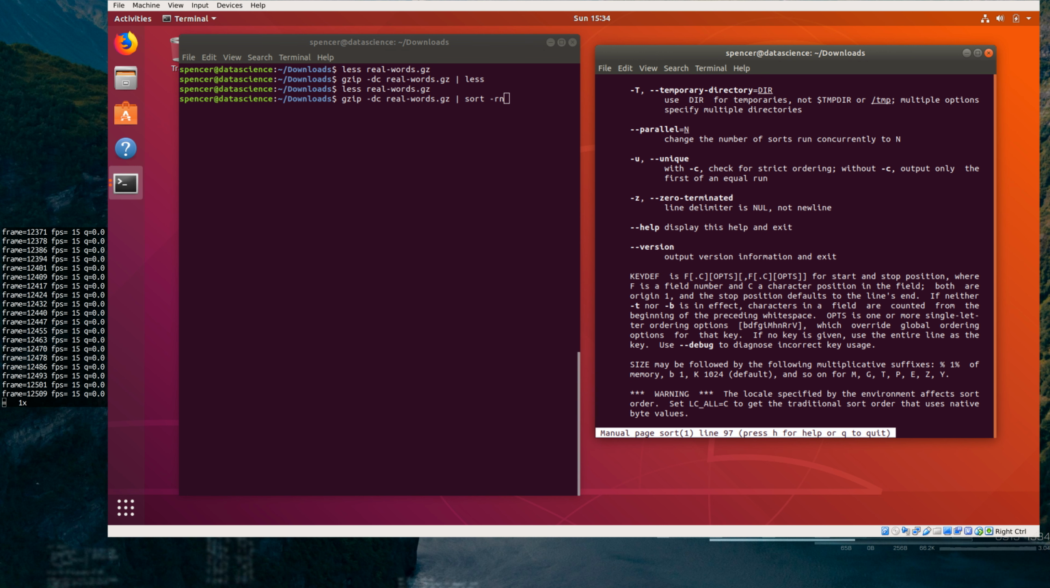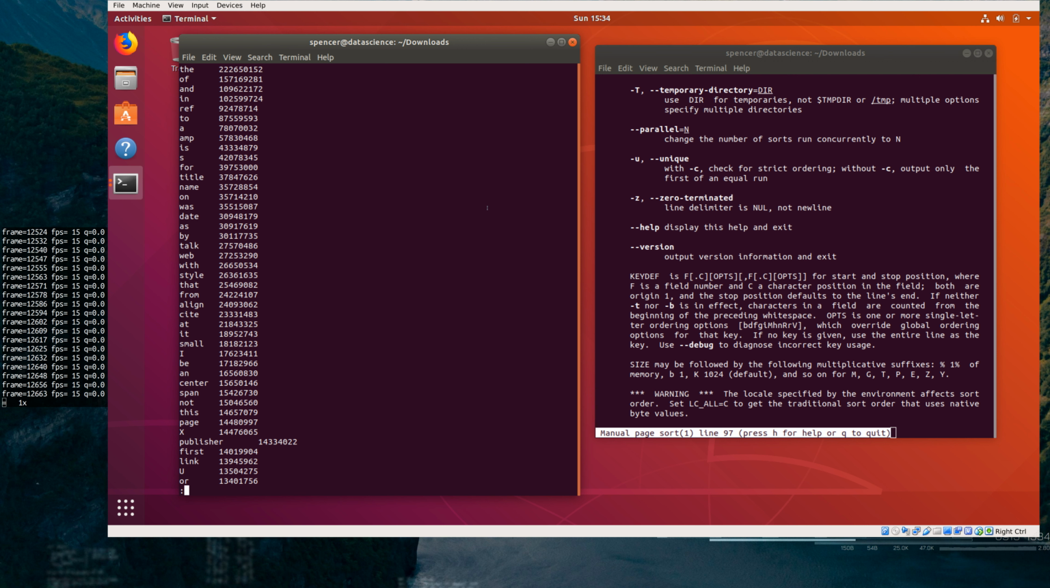Key def gives location and type. I think it's -k2, or something, or -k2 maybe. Let's try that. Oh, there we go. That was easy. So the, of, and, in, ref. Ref is noise. That's totally noise. To, a, amp is noise from XML. Is s, probably apostrophe s, for title, so forth. Title is noise from like HTML or XML attributes. Actually, no, sorry, this would be wiki markup attributes. Anyway,